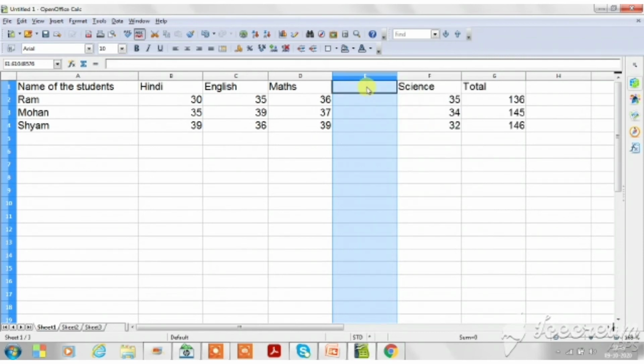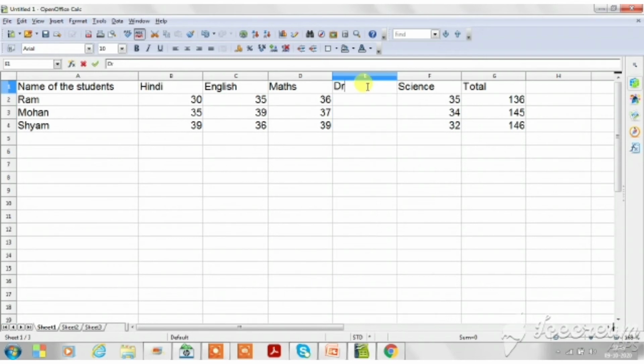Suppose I am adding a new column and I am entering the marks of drawing here, and entering the marks like this. But my formula is B2, C2, D2 and F2, but I want to add the marks of E2 also. That means I want to edit the formula.